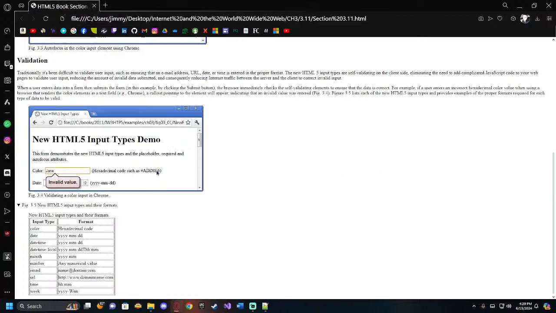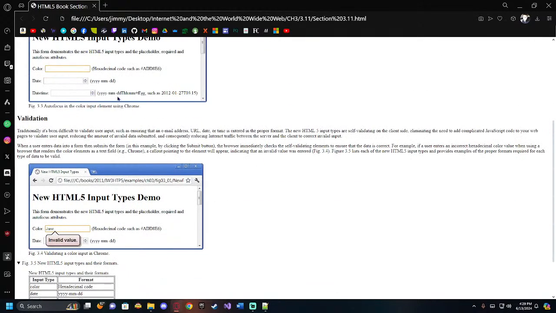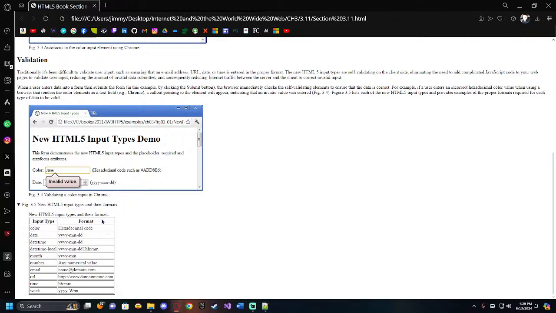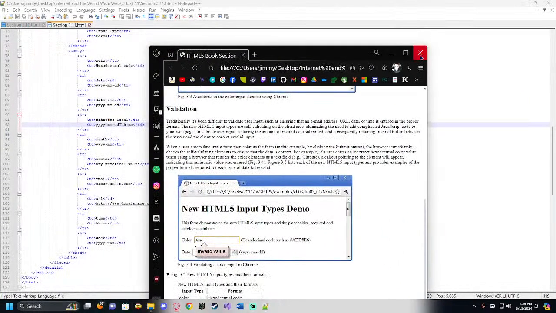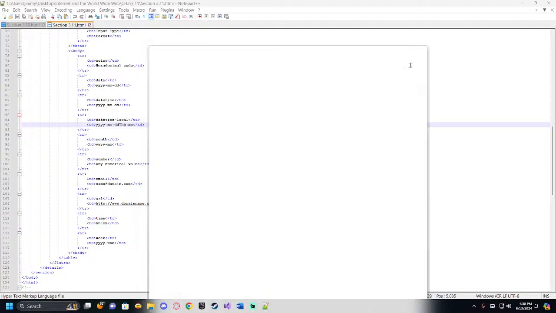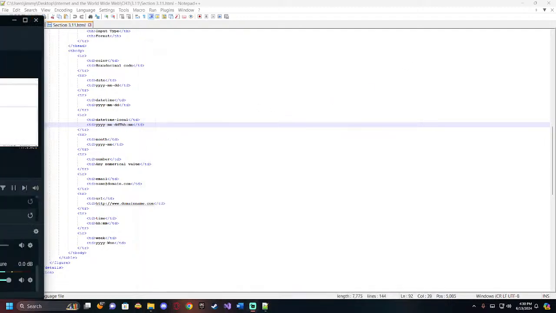Alright, so it's set up the exact same way as in 3.9, 3.10, with all the additional information. And here's the figure of the table that was displayed in the textbook. This is how they have it set up. So the input type and format, and how it formats itself when we use it. Alright, and that's all my section assignments for homework number 1. If there's anything else that's needed,